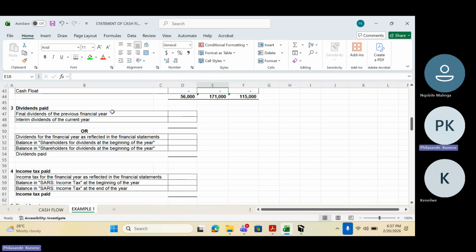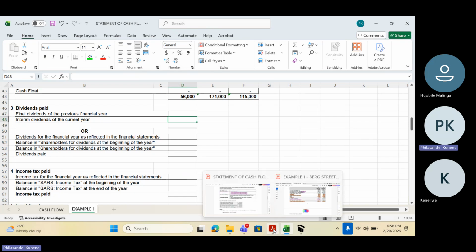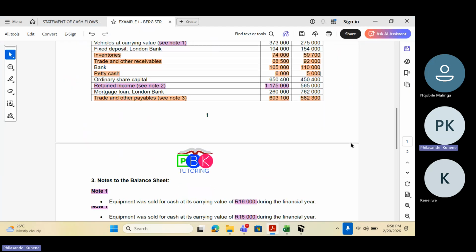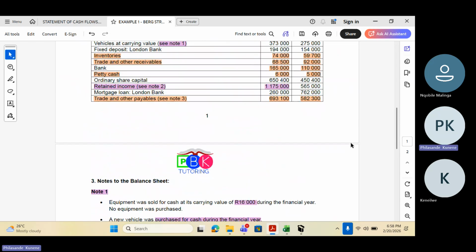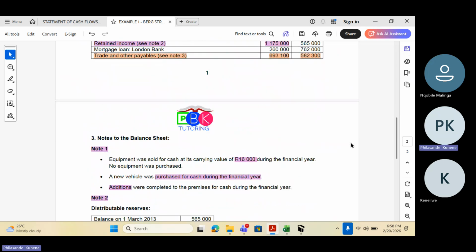We talk about the final dividends of the previous financial year plus interim dividends of the current financial year. So sometimes it happens that you know the interim dividends for the current financial year. Sometimes it happens that you don't know the interim dividends. But looking at the information that we have, we must know very well that